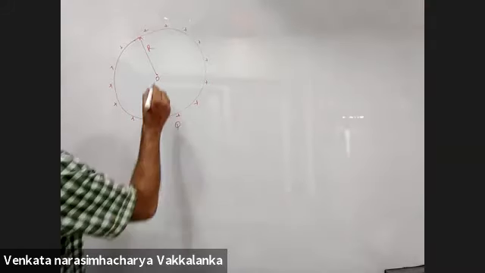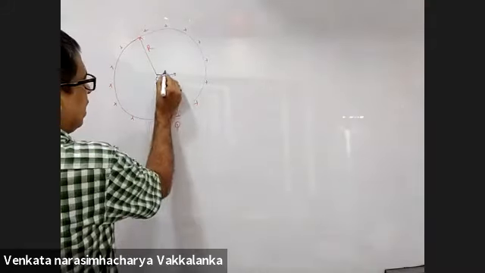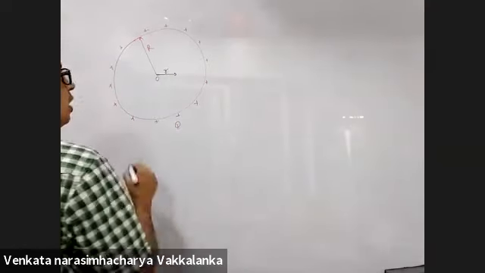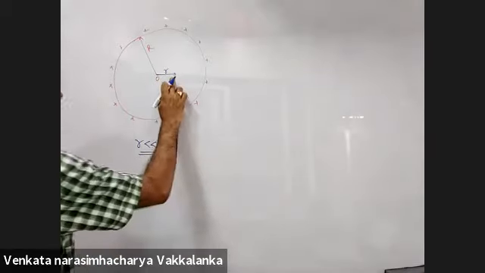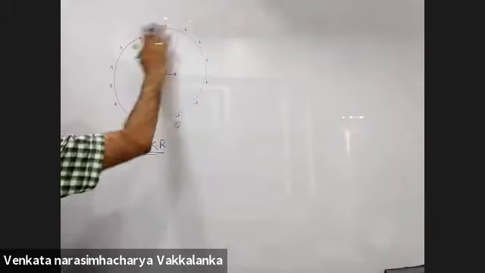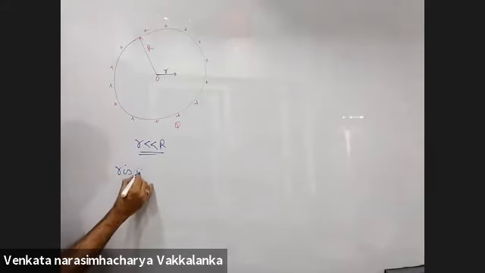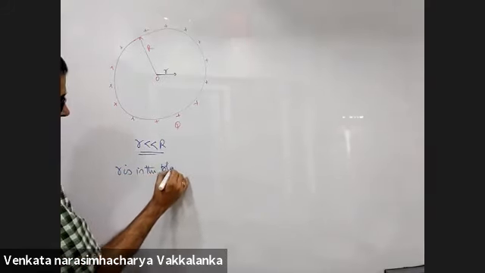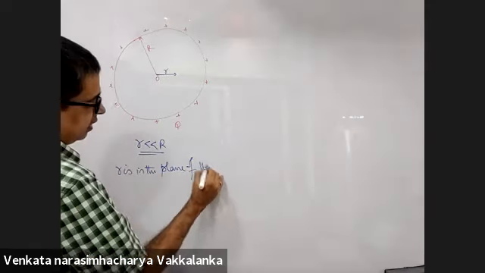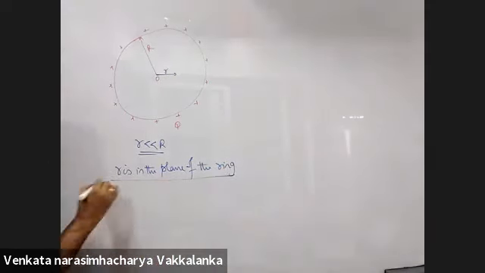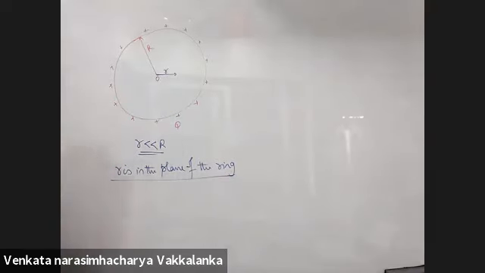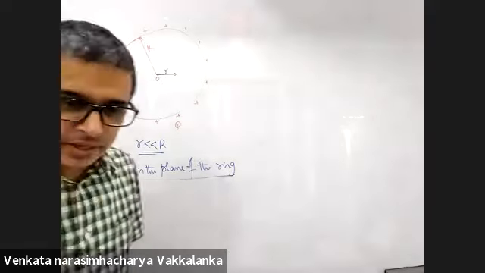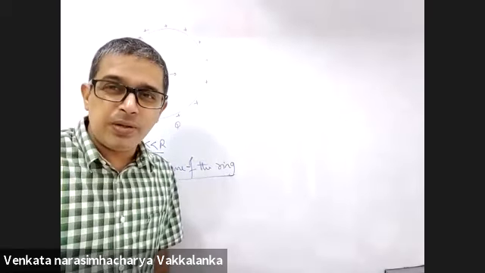Now, the question asked is the field at a distance of small r, where r is much lesser than capital R, and r is in the plane of the ring. You want the field here such that r is much lesser than capital R. Think carefully and solve. Aryan typed 0.